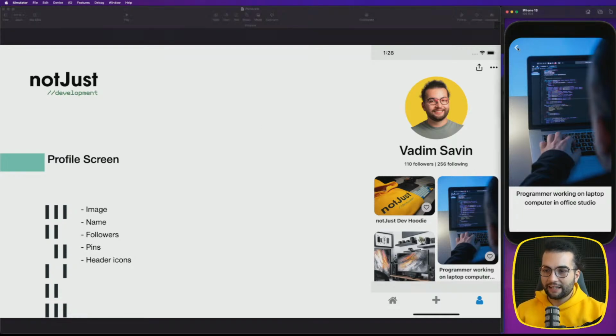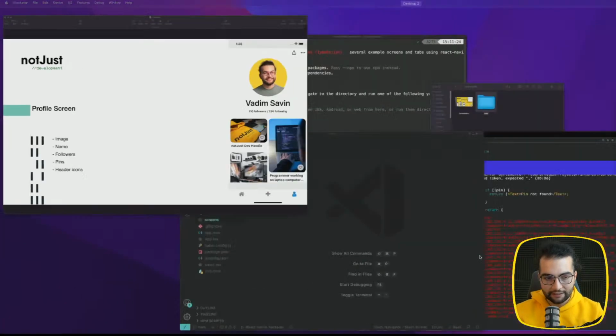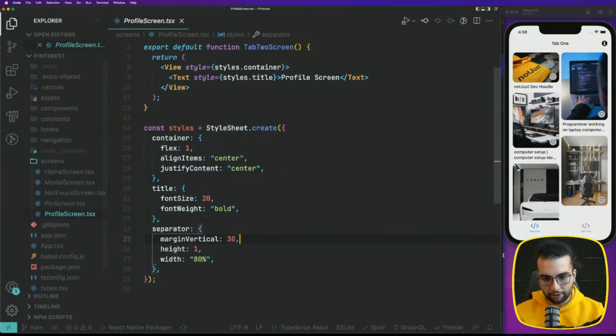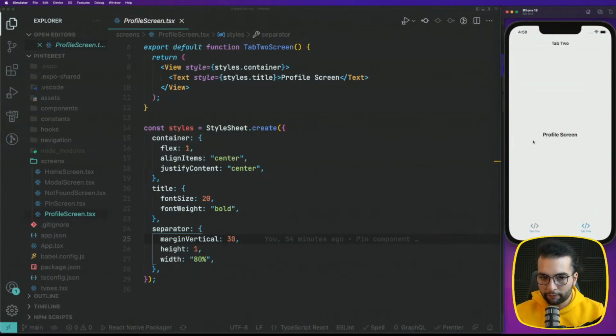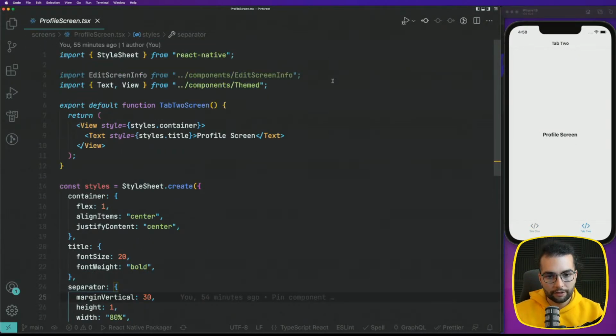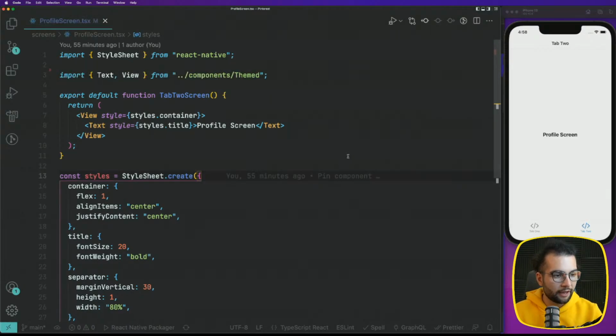So the profile screen is going to be another screen in our bottom tab navigator, but basically we already have a code for it. Profile screen here. So if I go here, I see profile screen. So you can do favorite state with any state management. I can do the favoriting pins using